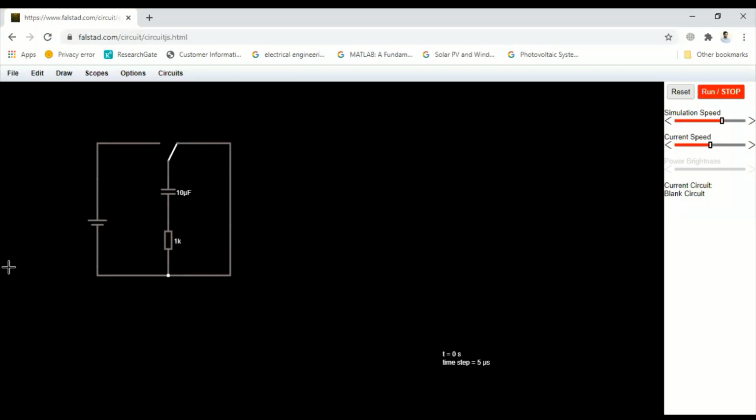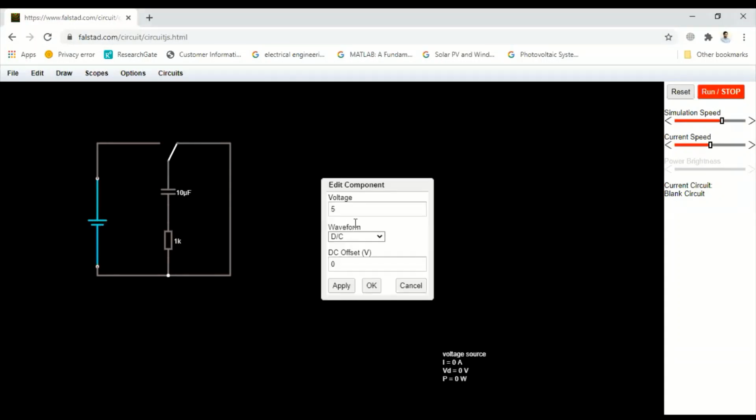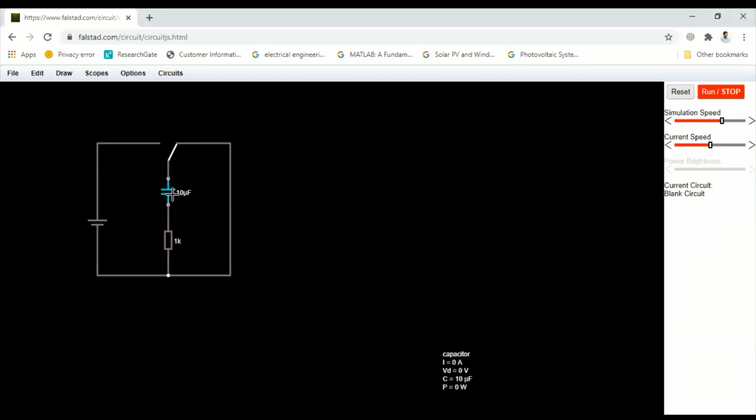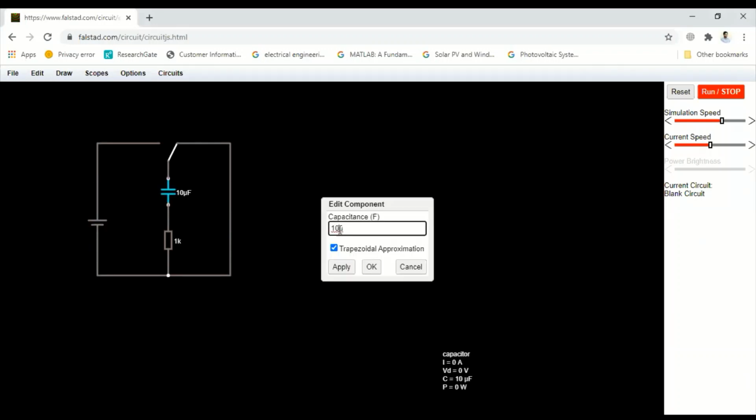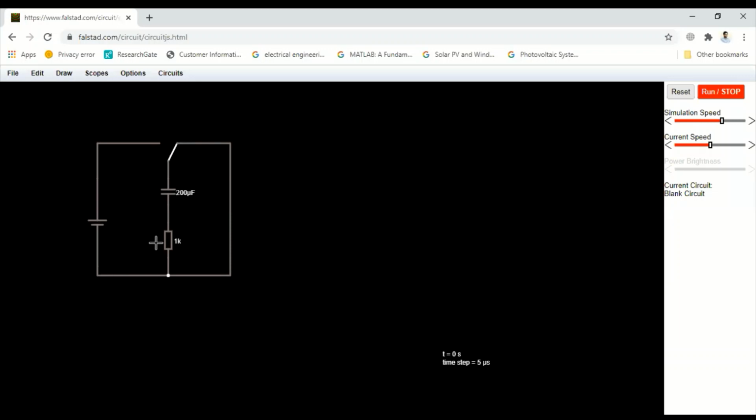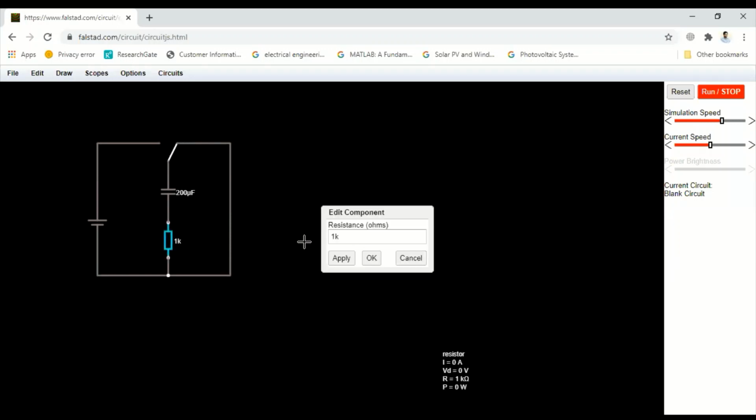Next, input voltage is DC. We have applied 5 volt. Capacitor is of 200 microfarad and resistance is of 100 ohm.